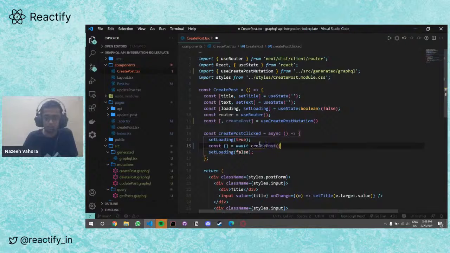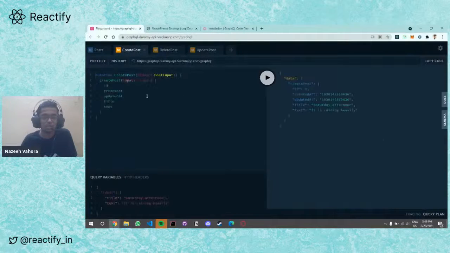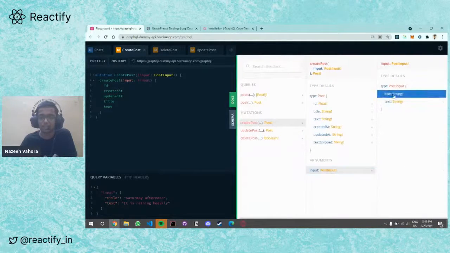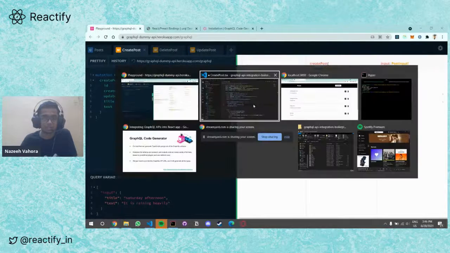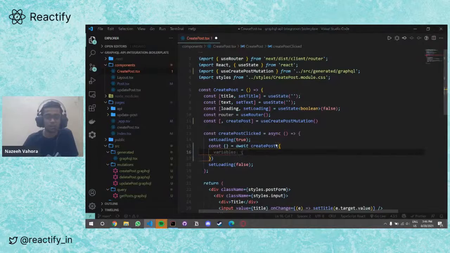As you can see, in the create post we need to provide an input, that is post input, and that post input is basically title and text.